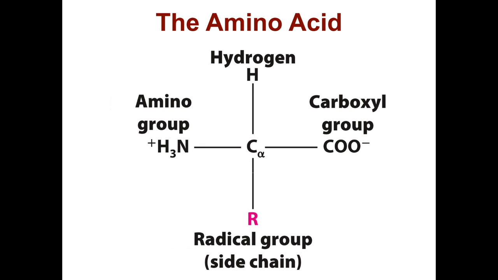The building blocks of proteins are the amino acids. And here we have an amino acid. All amino acids share the same basic structure. You have an amino group, a carboxyl group, and then a radical group, the side chain. And this side chain is different for each type of amino acid, and it gives the amino acid special chemical